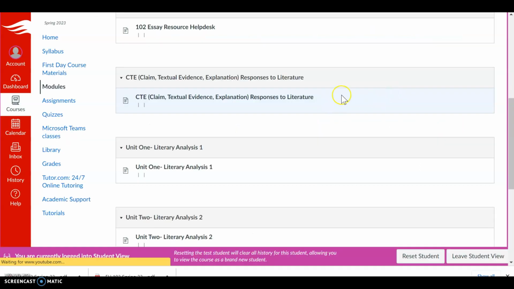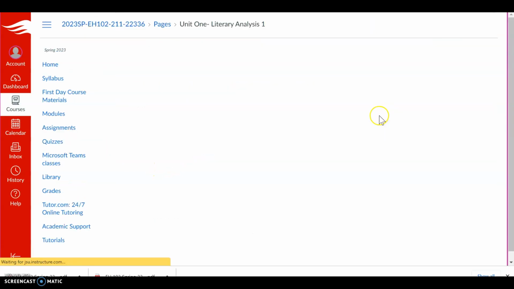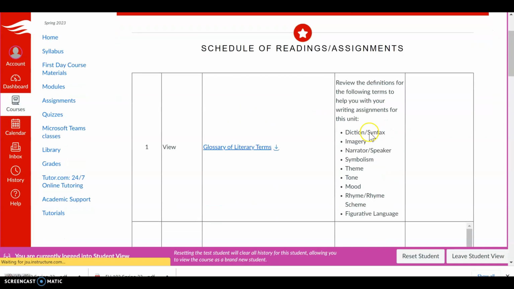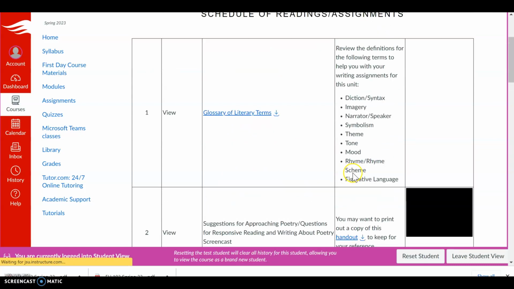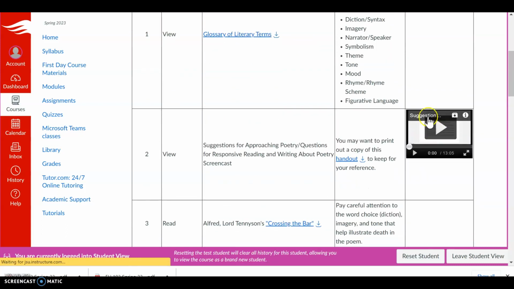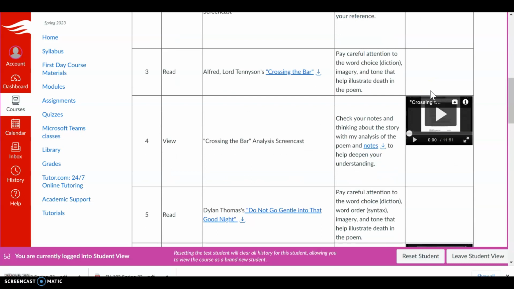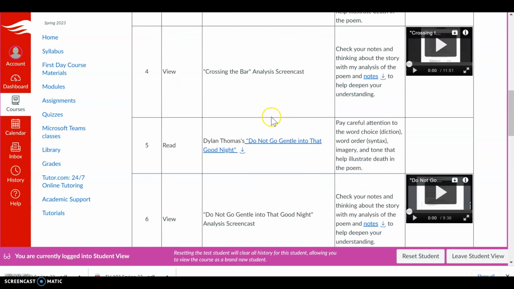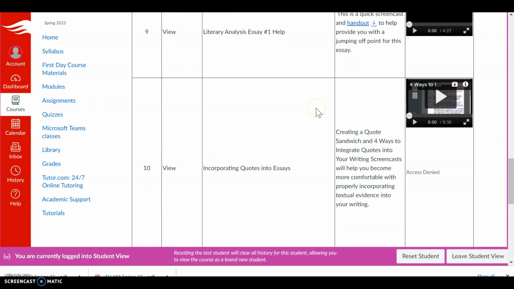The same thing with the units for your modules, for your bigger writing assignments. Same thing, I give you a number to do it in, an action, whatever it is that you're going to be asked to read, some kind of clarifying information, or if I have a handout, I'll attach it here, and then there'll be a screencast on the far right hand side for you to take a look at.